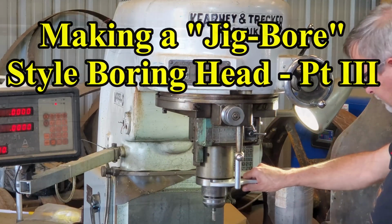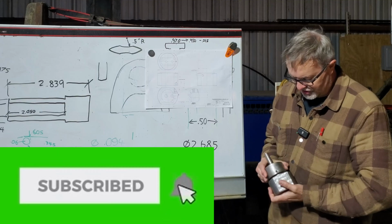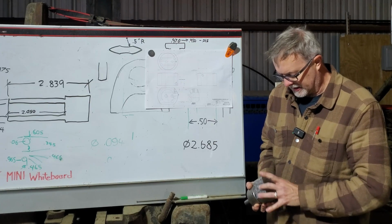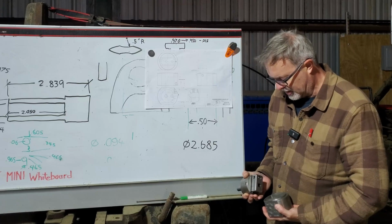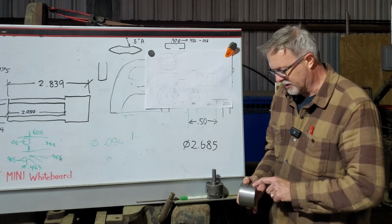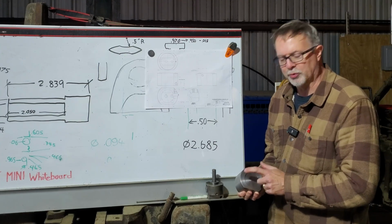Back to Engineer's Workshop. I'm finally ready to get back on the boring head extension, the Jig-Bore style extension to this Bridgeport number 2 boring head. We left last time with me getting flats on the sides and a circular feature both top and bottom, which I can indicate from. And that puts me in a good position to start putting in the holes on the sides. I got a couple of those to do, and the pocket on the bottom that will hold the carbide